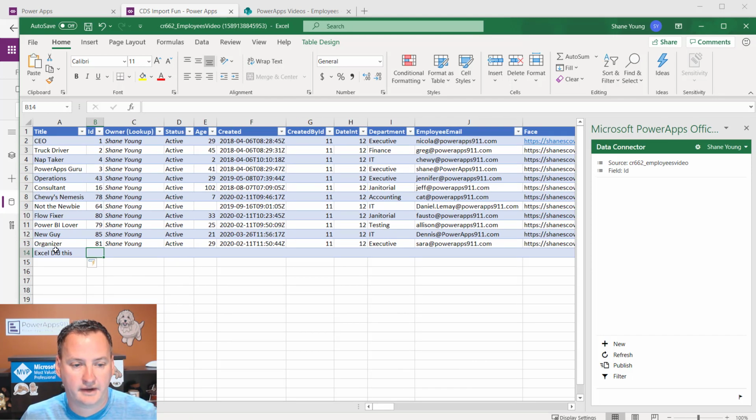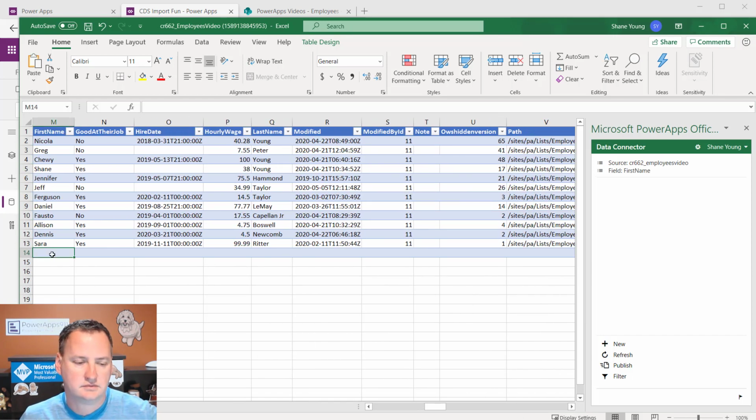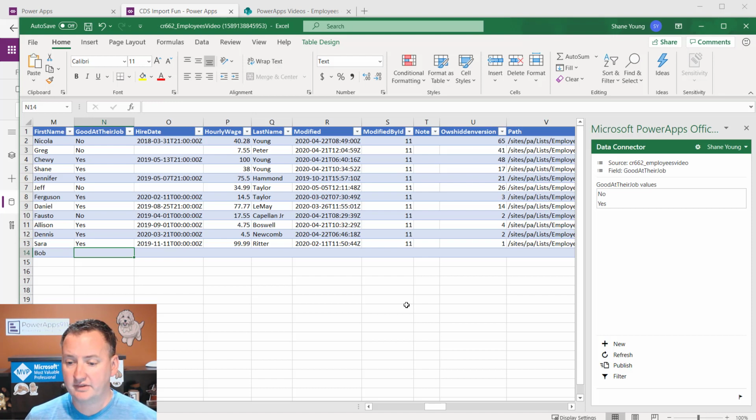All right, so anyway, Excel did this, and let's just give this thing a first name real quick. All right, first name, we'll call this Bob. It's one of my favorite names. All right, and so with that, if we hit publish,